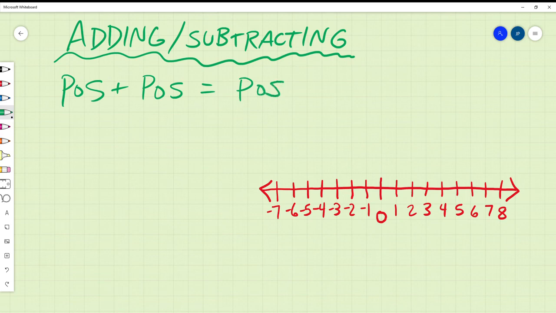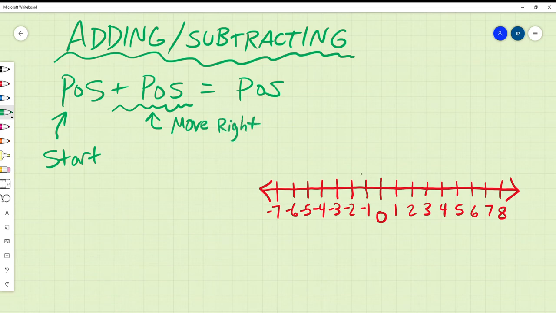But a better way of thinking of that is the first number that you're looking at, think of that as being a starting point on the number line. And then on the right side, think about how are we going to move on the number line. So adding a positive number actually indicates that we're going to move, increasing on the number line, so moving to the right. So if we can visualize this here,